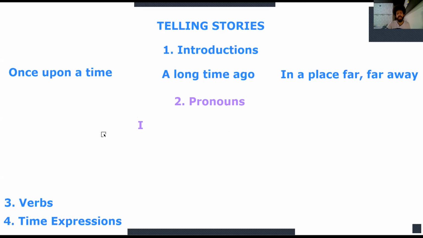The second one is the he or she. Normally you say he, she, it, but it's very hard for you to see a story in which an it tells it. Normally it's a person, so normally it's a he or she. In a place far, far away, she was a very important king. A queen, I'm sorry. She was a very important queen. She helped the peasants, etc. So normally you have a central pronoun.